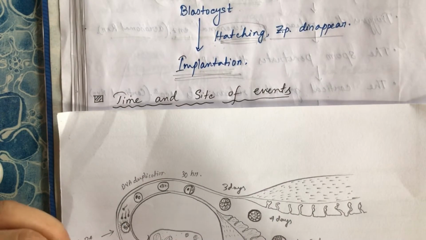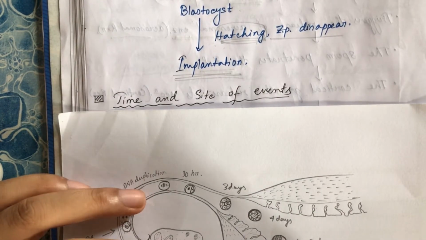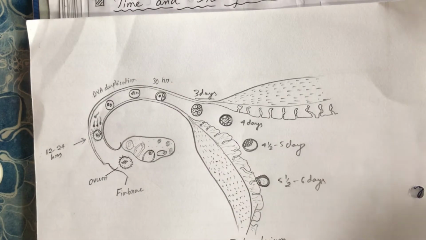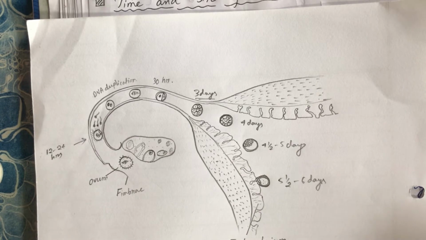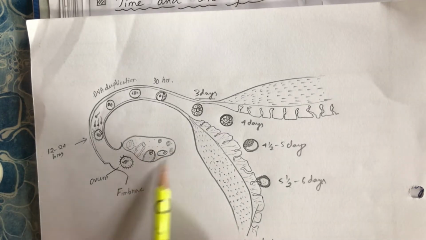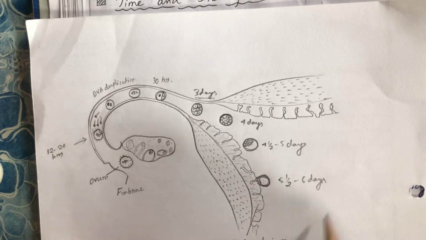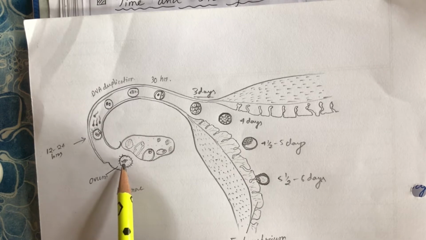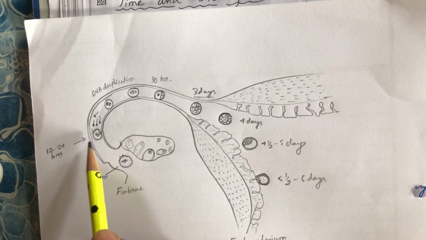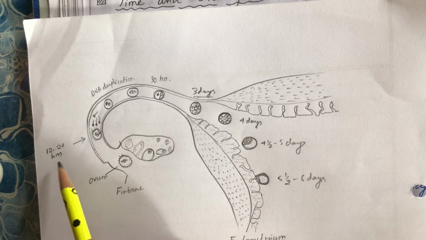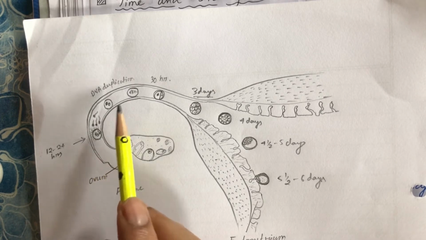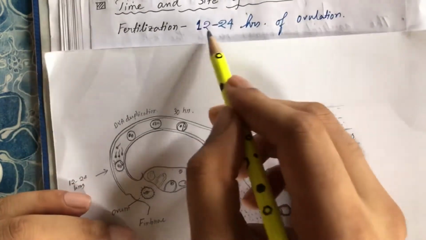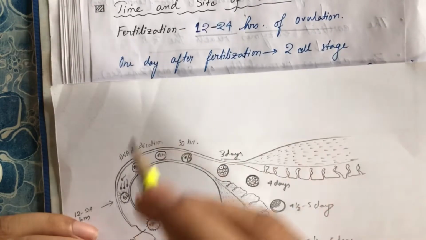Okay. So now we will see the timeline of events. Here I have tried to illustrate the fertilization process simply. This is the ovary, you all know. This is the fallopian tube. This is the uterine cavity. This portion is the endometrium. After release of the ovum from the ovary, 12 to 24 hours after ovulation, the sperm will come and fertilize the egg. So fertilization occurs 12 to 24 hours after ovulation. So one day after